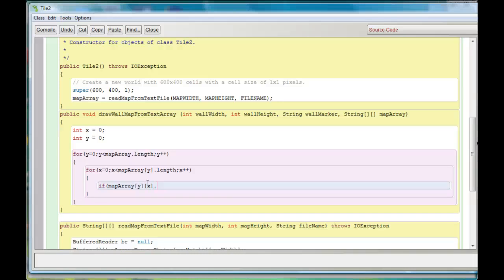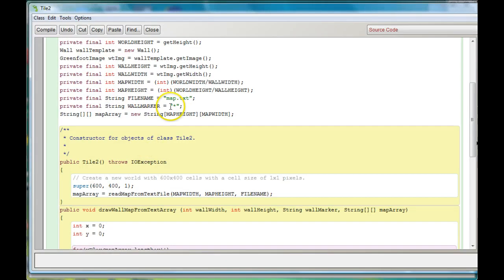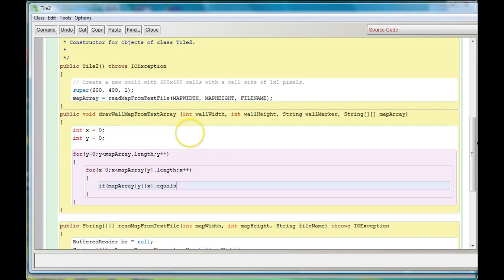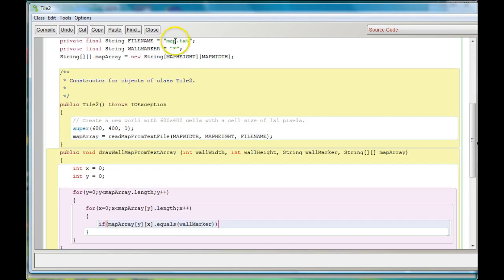It's just something about how arrays are laid out. And we're going to say equals, and this is a method of the string. This is a string we're looking at. We want to see if it's the same as another string. The other string that we're looking at is the wall marker, which we got here. The wall marker, if you look up here, is a star, right? Is equal to the wall marker, which is a star. So this is just saying if the particular character we're looking at is equal to the star, which is the wall marker, then what we want to do,